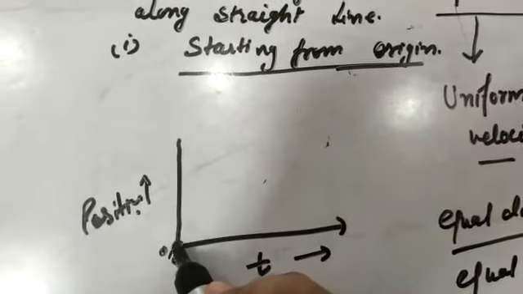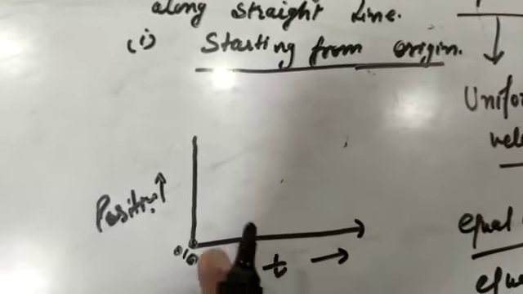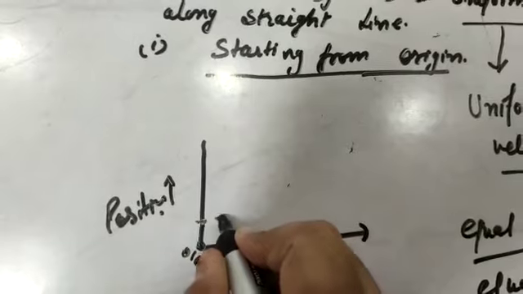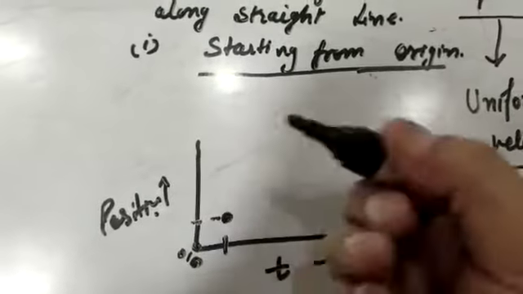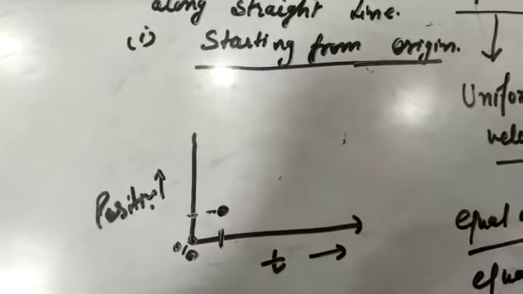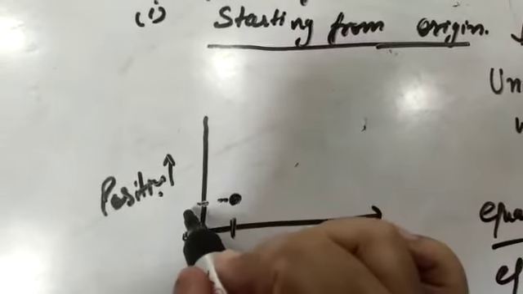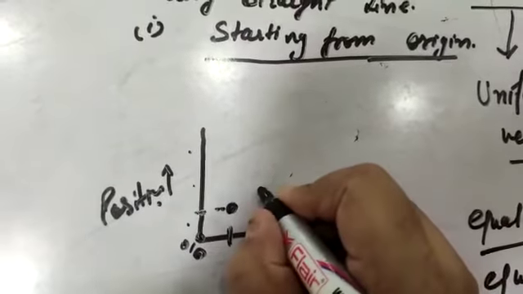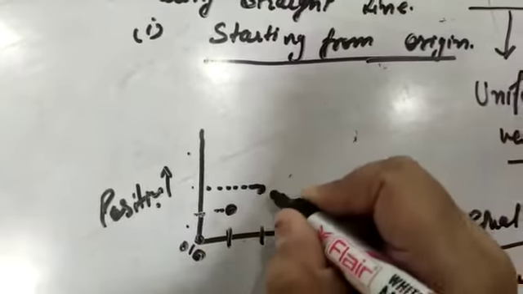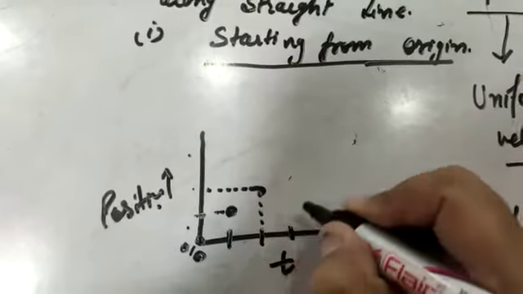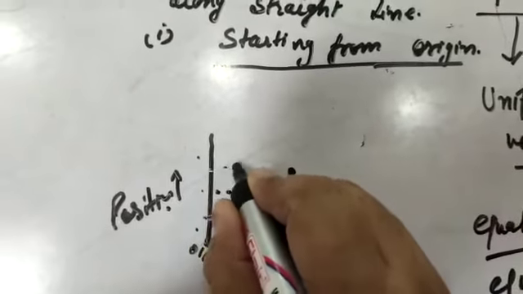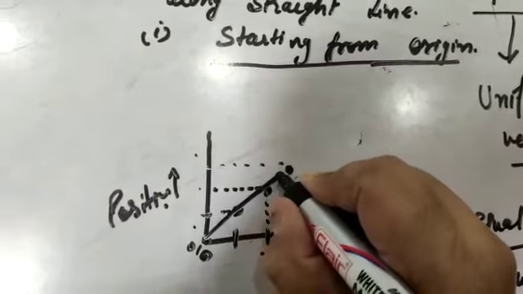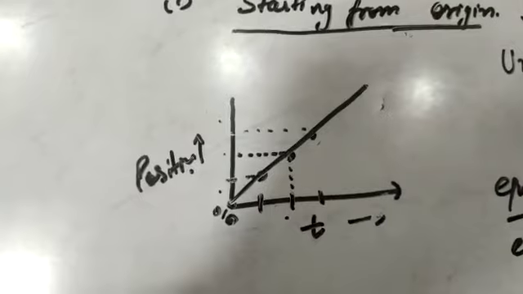So at this position, the stopwatch is off and the person is at the origin. Now when it is 1 second, let the position be this. Suppose this is 1 meter, or 2 centimeters. With equal intervals, if we assign 2 centimeters, 2 centimeters, 2 centimeters, then again the next time it is the next position. You can see here these are almost equal intervals. At 3 seconds, the position is again equally spaced. So we can see equal distance in equal intervals of time, and the graph will be a straight line inclined to the time axis.